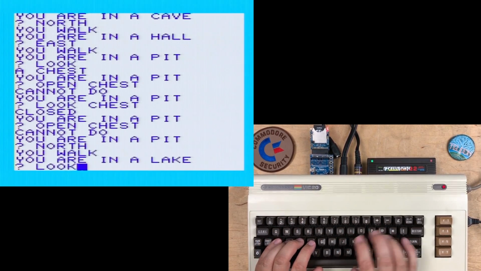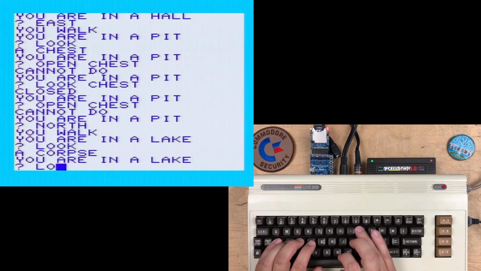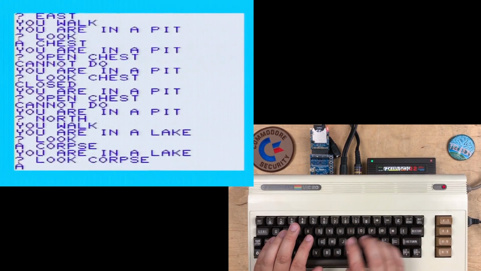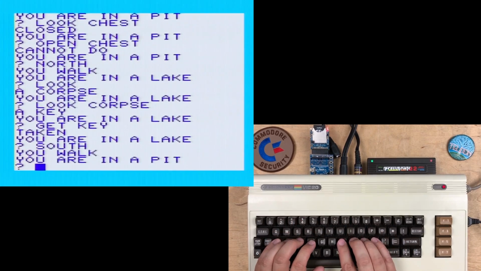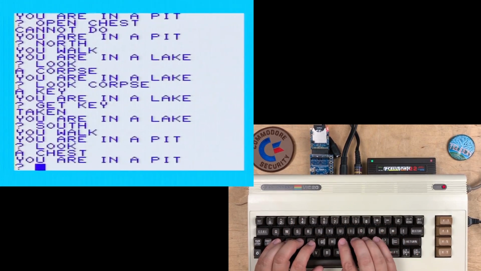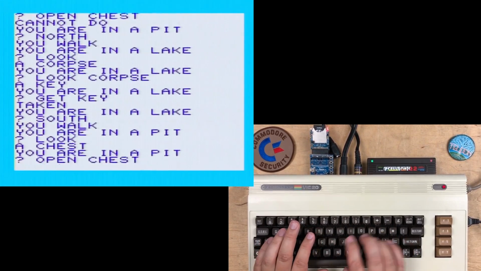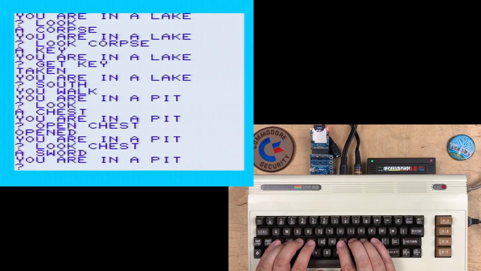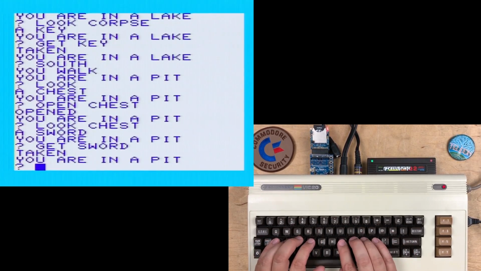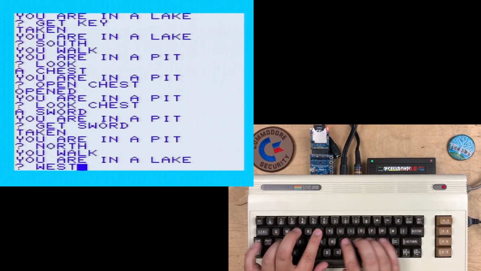You're in a lake. Look. Look. Corpse. A key. Get key. South. Look. Open chest. Opened. Look, chest, sword, get, sword,